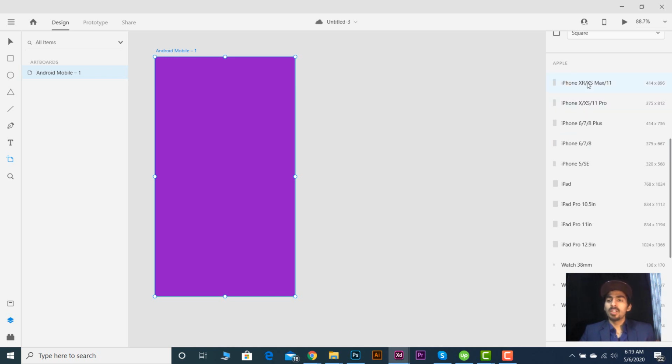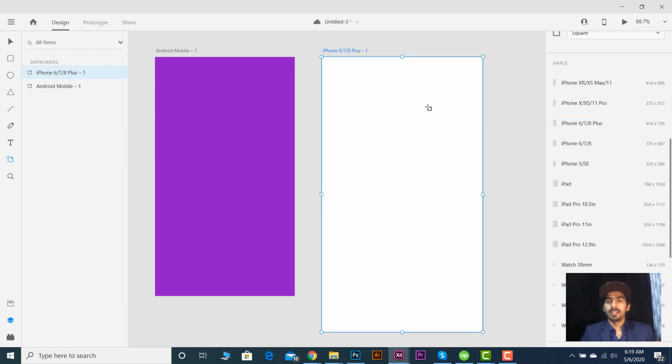To create an artboard within the document, suppose I just click on iPhone 6, 7, 8 Plus. When we click on this, a new artboard will be created. So this is how we can create an artboard by clicking on New, Control N, or create an artboard within a document. Now I will let you know how you can rename your artboard.